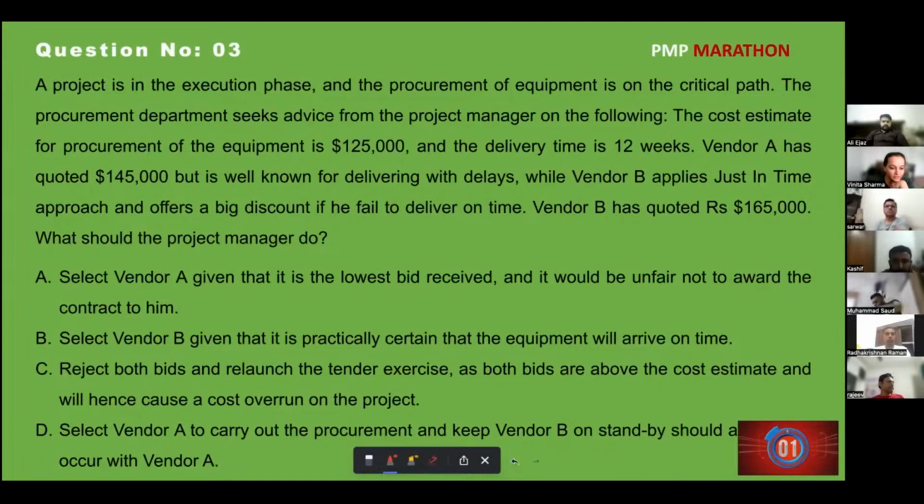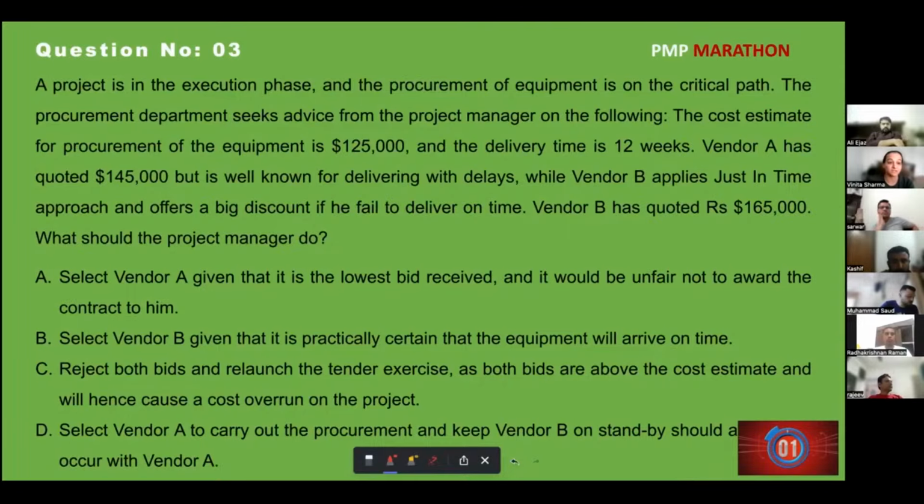I read the question and I am leaning, okay, let me eliminate first. So since we know the problem here is vendor A is giving us a good price and we have a time of 12 weeks. The cost that we have estimated to procure the equipment is $125,000, and vendor A has quoted 145 and vendor B is quoting 165. The only difference is vendor A's reputation so far is he may not deliver or there may be some delay,